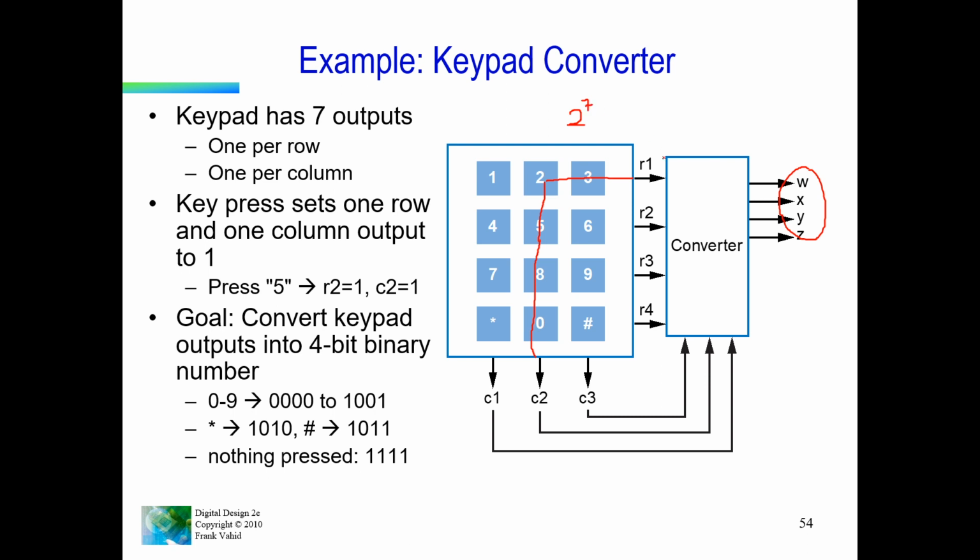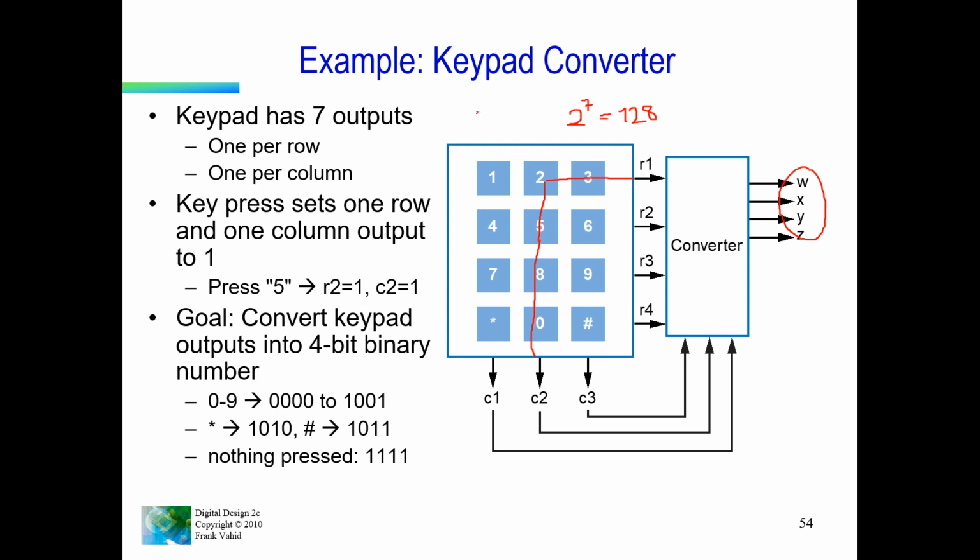Which is actually 128 rows. So this makes a huge truth table to draw. So how can we solve that? Actually, when we analyze the input, we see that